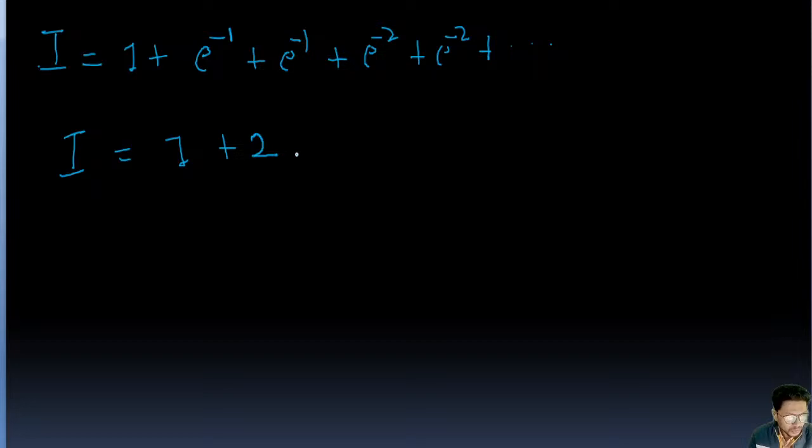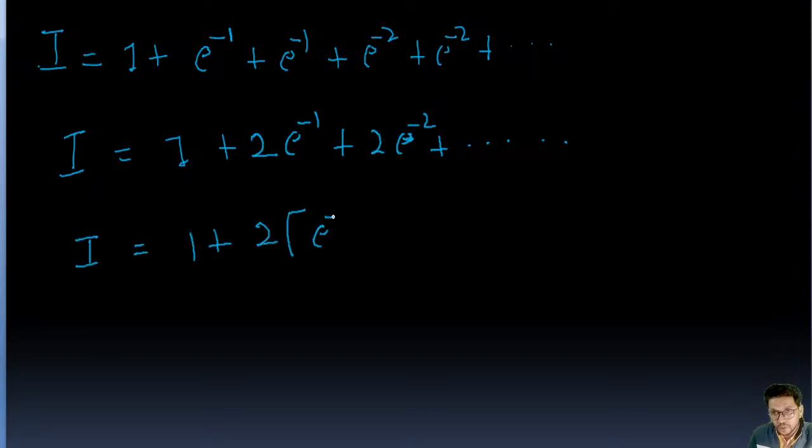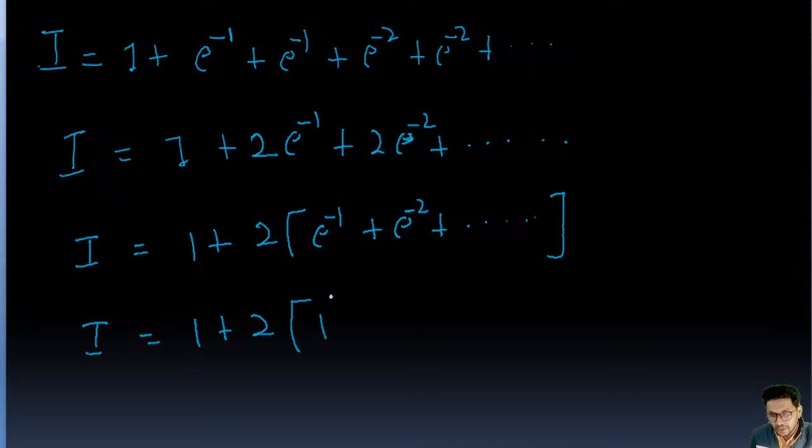Okay, 2 e to the power minus 1 plus 2 e to the power minus 2, plus so on. So the value of I is going to be 1 plus, here we'll take 2 common, so it is going to be e to the power minus 1 plus e to the power minus 2 plus so on, right? Here what we can do is, here 1 plus 2, we can add 1 and